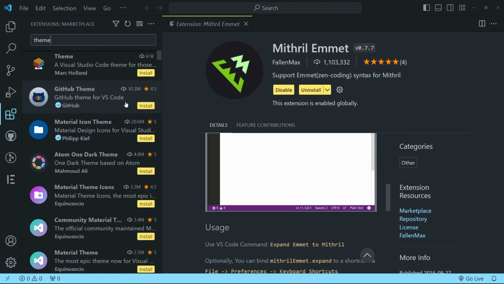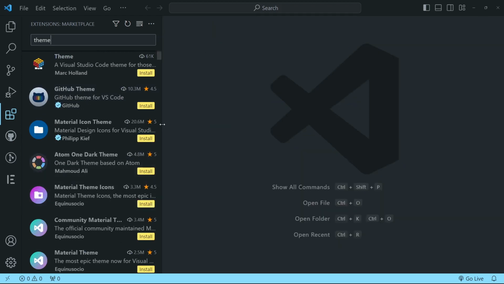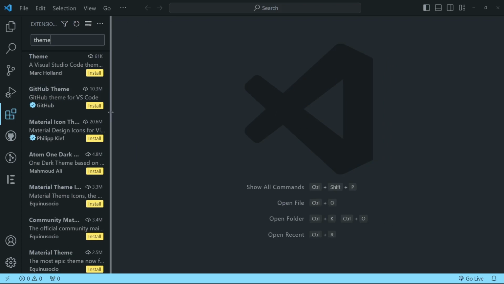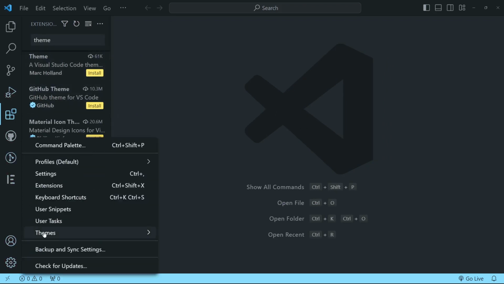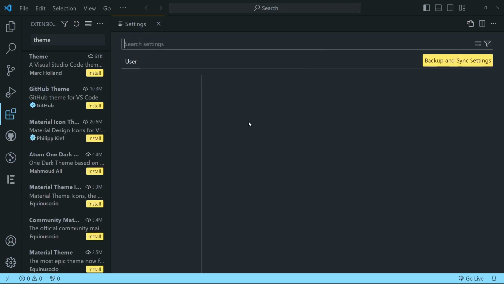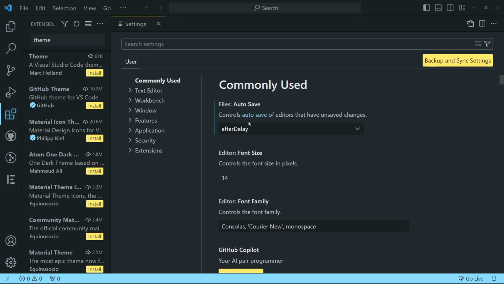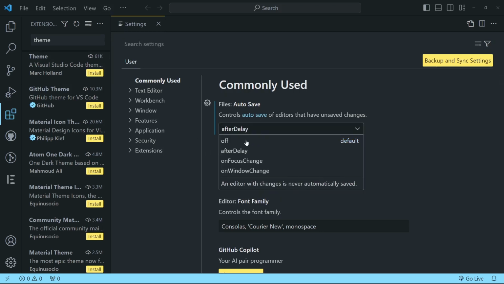You can look for any theme that you want, but for now let's focus on writing code. So after installing those few extensions, come to your settings and then go to the settings tab, and then here under commonly used, make sure you change this autosave. It's going to be off. Make sure you save it to after delay, so that when